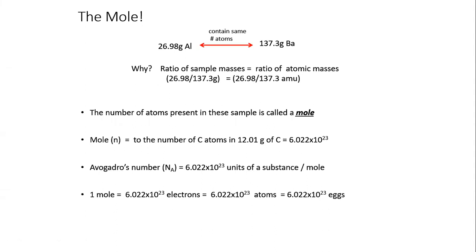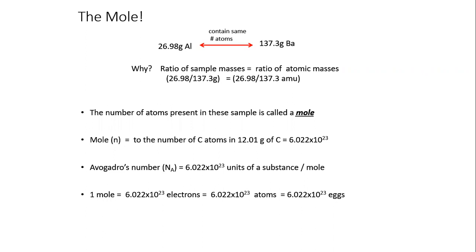mole. And the mole is not the mole that you find in the ground, it's actually a number. And so the mole helps us determine the number of entities in a given mass. And so whether or not you have 26.98 grams of aluminum or 137.3 grams of barium, they're going to have the same number of atoms in that mass. And so these masses that I just read off, they're actually located on the periodic table below the element